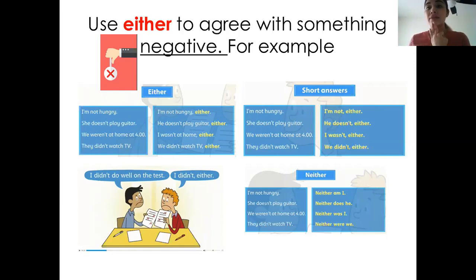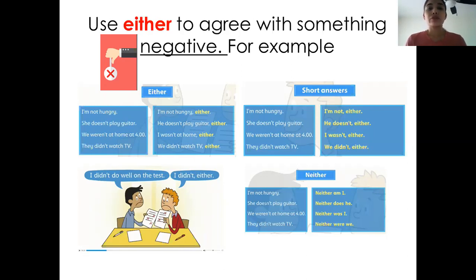This is a short answer with just three words. I am not either. Okay, and we have the verb to be in negative form, the subject, the verb to be in negative form, and we have either. That's a short answer. And I told you that we can use neither also for negative statements